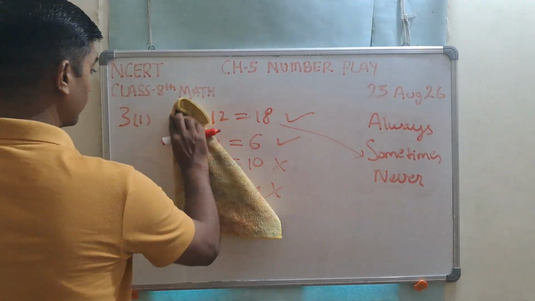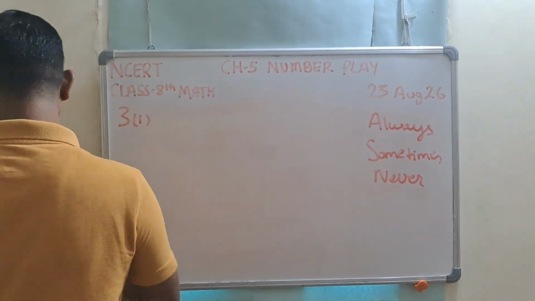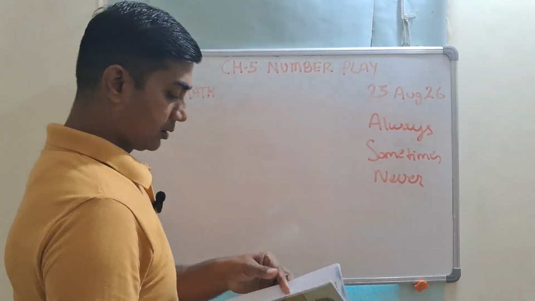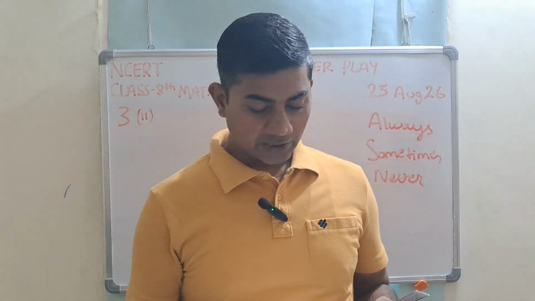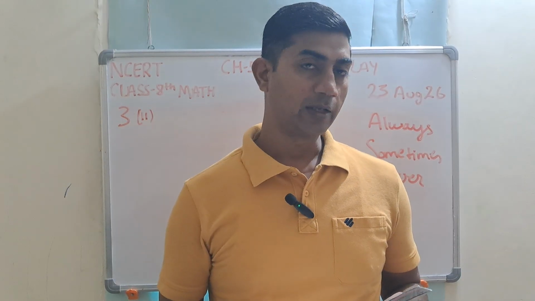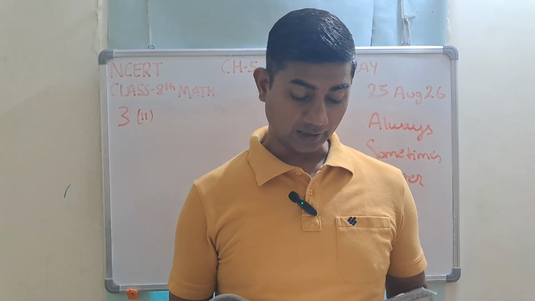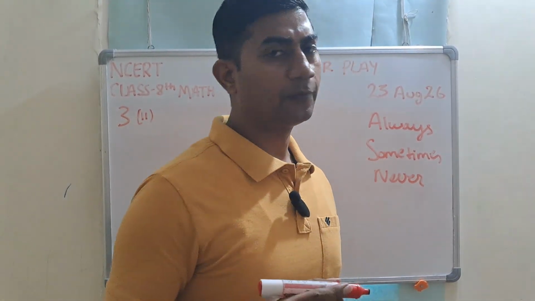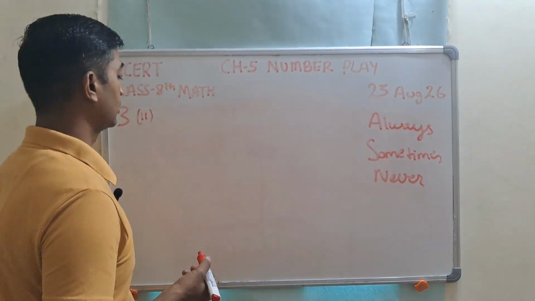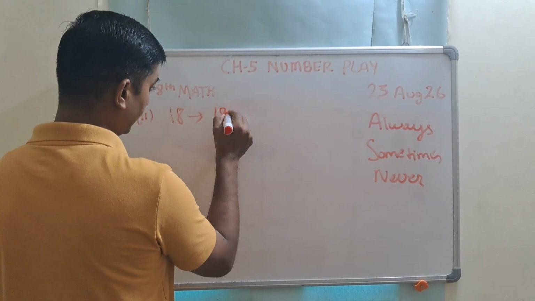What is the second question? The second is, if a number is not divisible by 18, it is also not divisible by 9. It means if a number is not divisible by 18, it is definitely not divisible by 9. We will see. Now we will check the first 5 multiples of 18 and see what is the result. The first 5 multiples of 18 are 18,